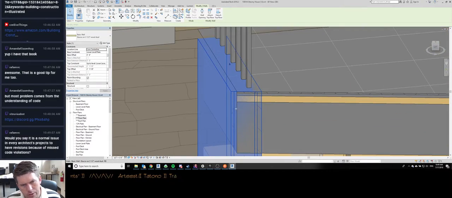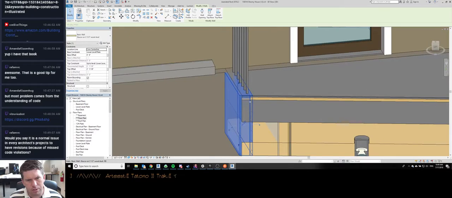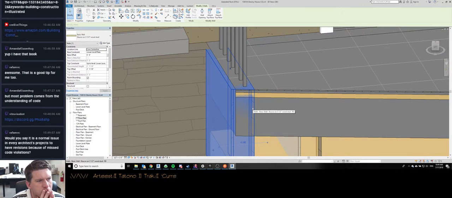Okay, it looks like it was modeled the same way that I did it. The only difference is that this one,